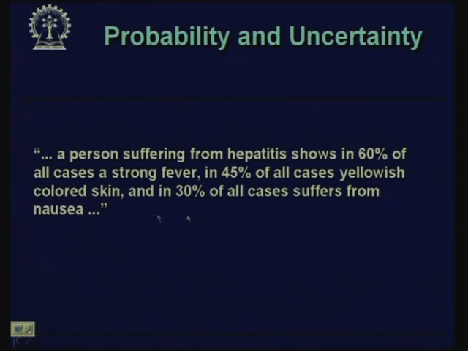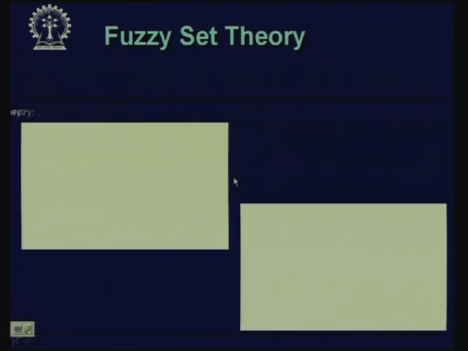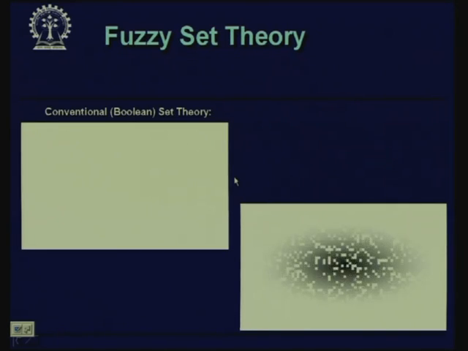So, this part is certainly probabilistic, whereas this first part, a person suffering from hepatitis, shows in 60% of all cases. Now, this is probabilistic, strong fever is again imprecise. So, that is fuzzy. In 45% of all cases, yellowish colored skin, this is also a mix of probabilistic and fuzzy. So, here we will show you a conventional